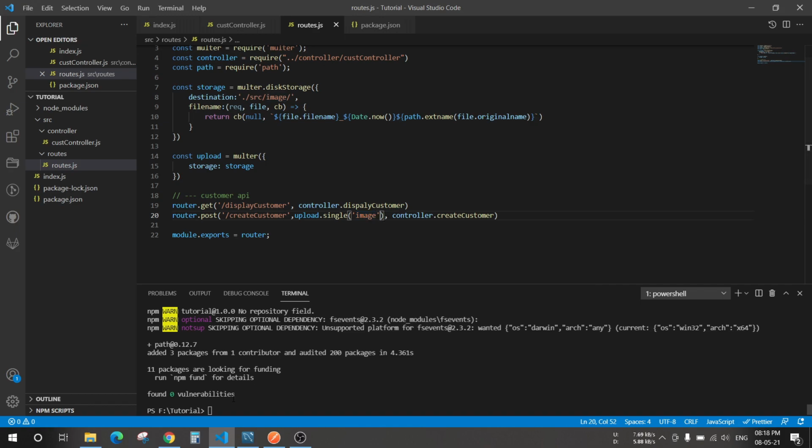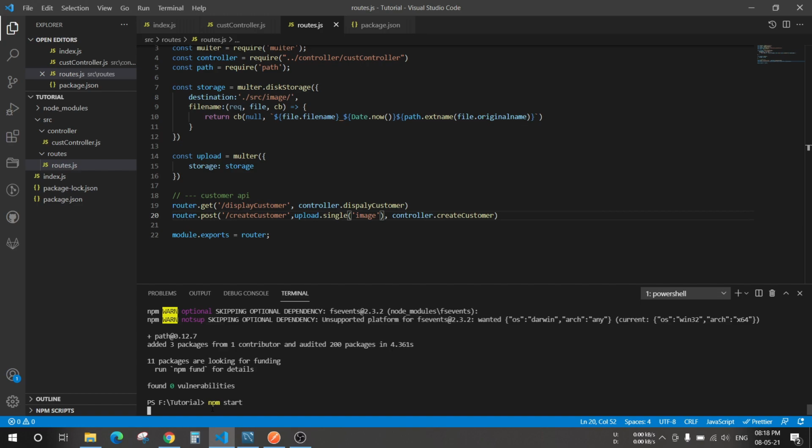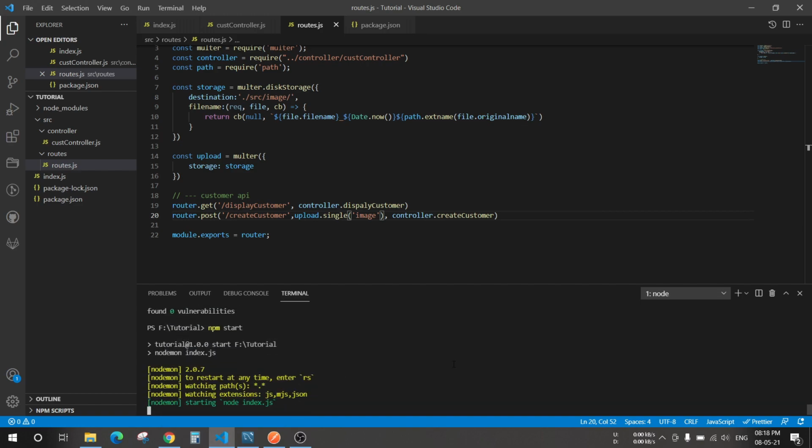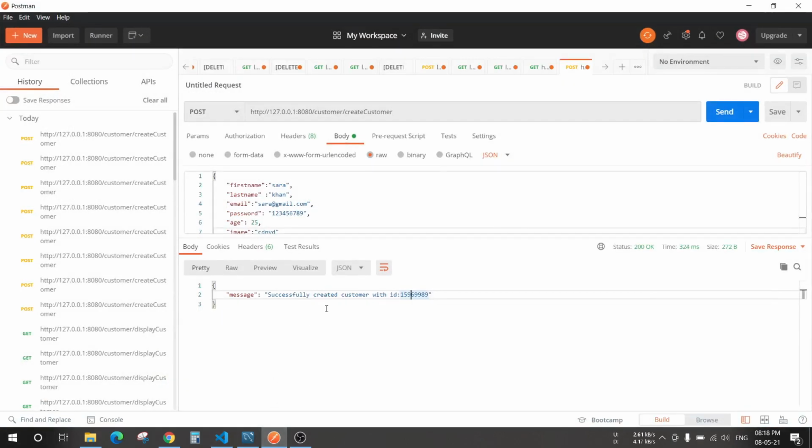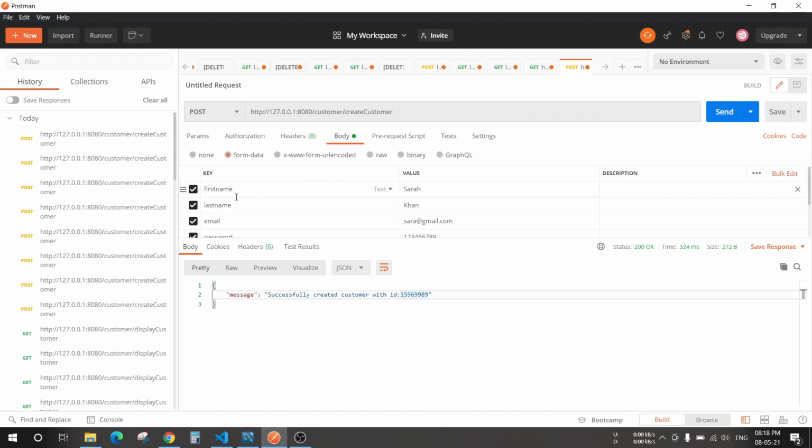Okay, now let's run the file. Npm start. Let's go to Postman, and now here you will select form data, give first name, last name.